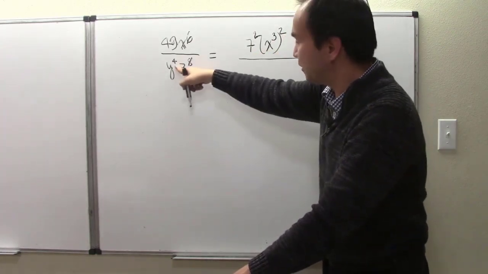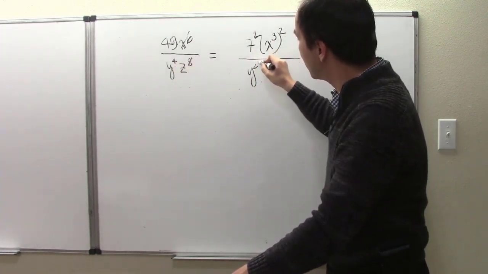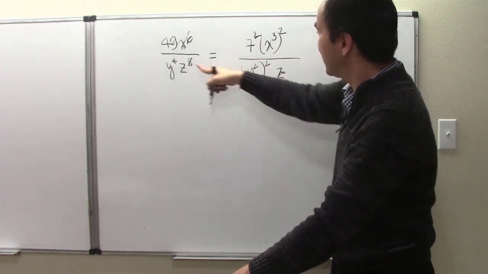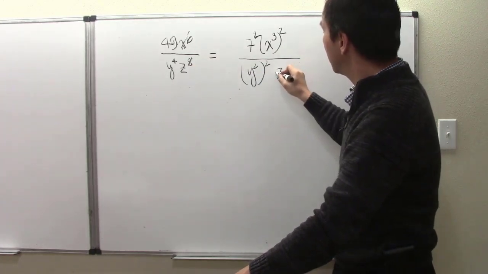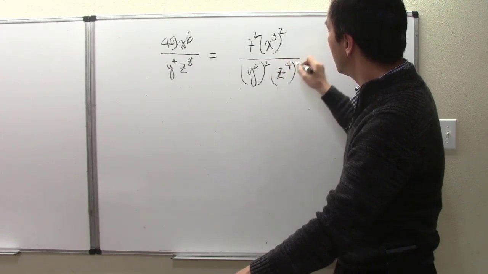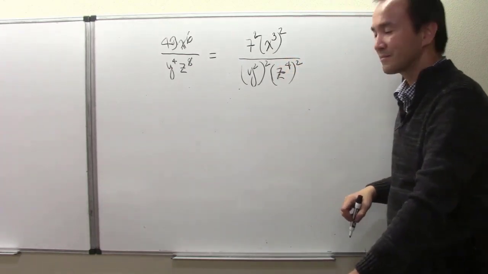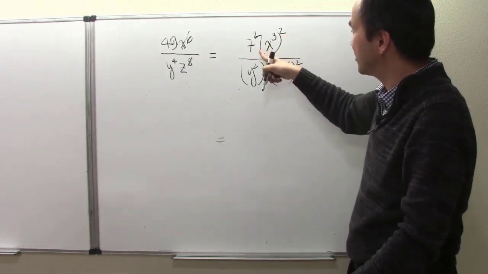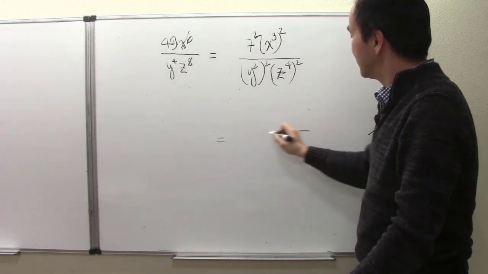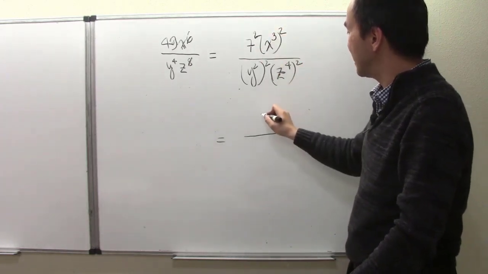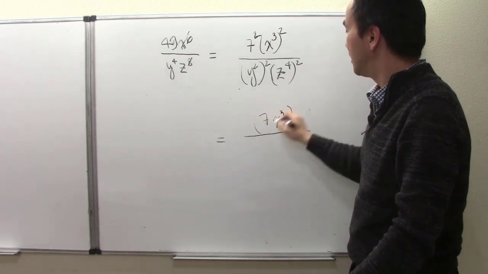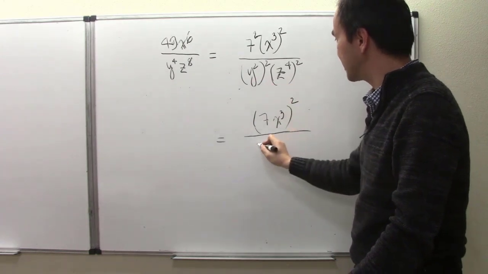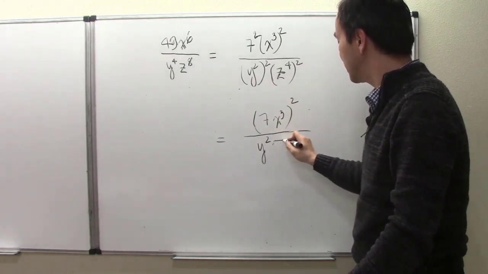And then the y to the 4th, another even power, is y squared all squared. And then z to the 8th, that even power can be expressed as z to the 4th all squared. And so now all together, it's a power 2, power 2, power 2, power 2. How about one more step? I can rewrite the numerator here as 7x cubed all squared. And I can also rewrite the entire denominator here as y squared z to the 4th